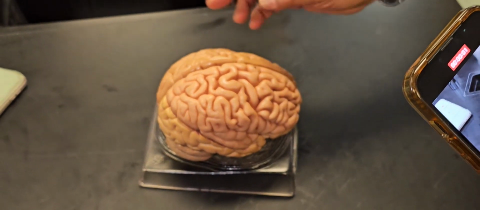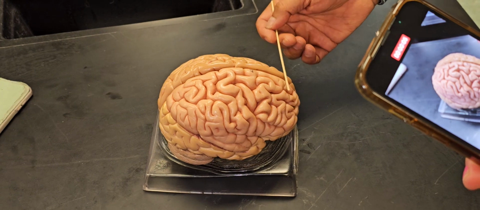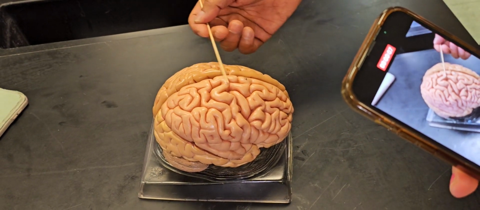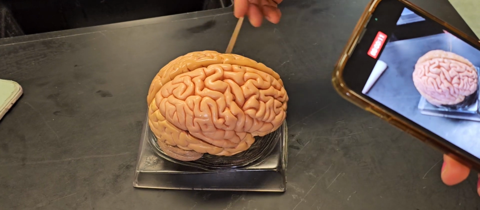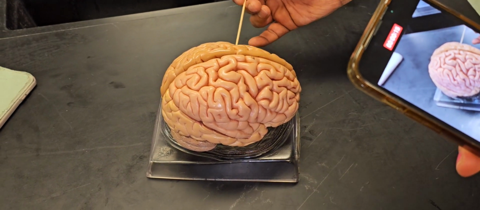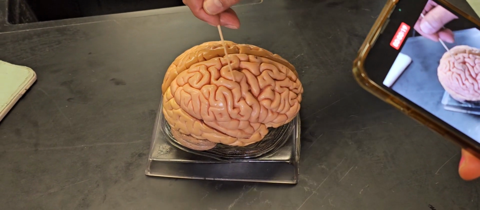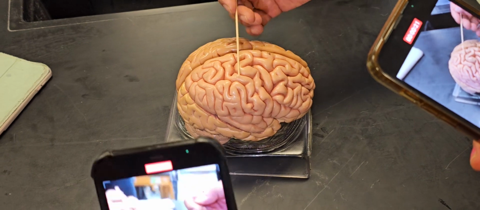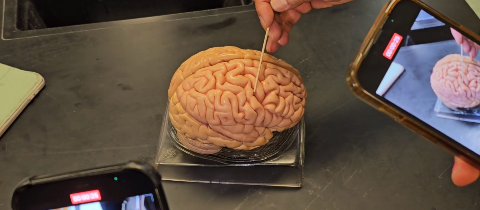This is the right hemisphere, left hemisphere, frontal lobe, parietal lobe, occipital lobe, and the temporal lobe is here. And there is the central sulcus right here. Remember, central sulcus, and this one is the central sulcus right here. The front of the central sulcus is called precentral